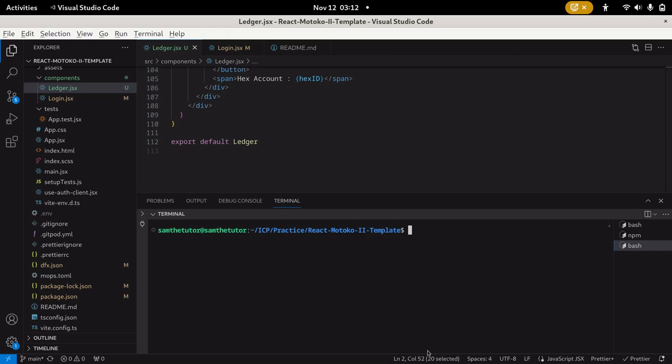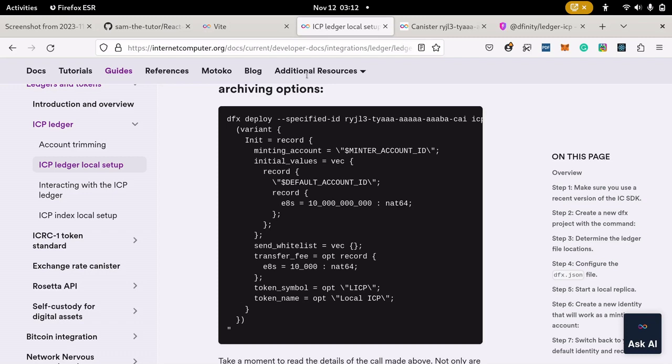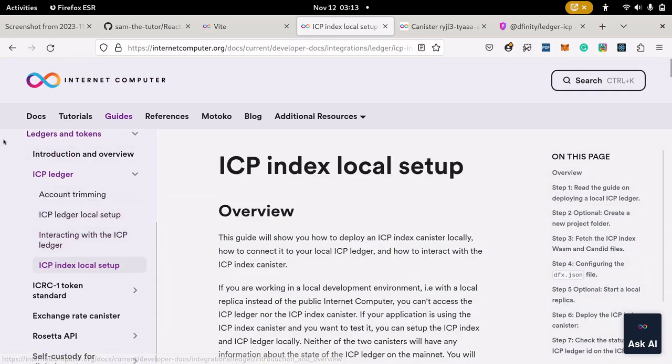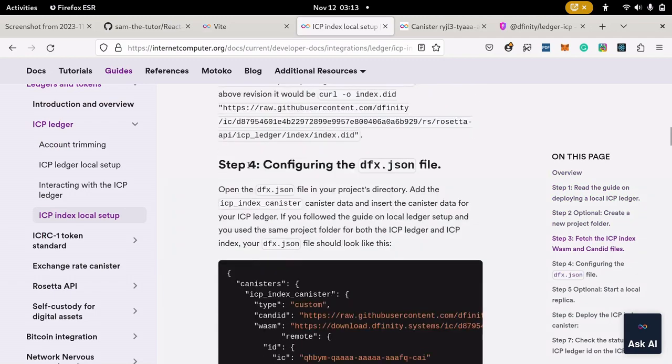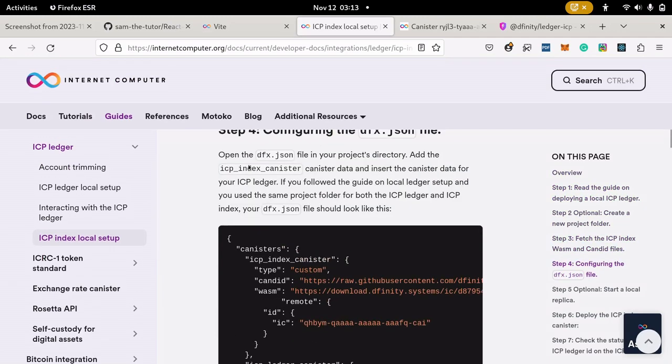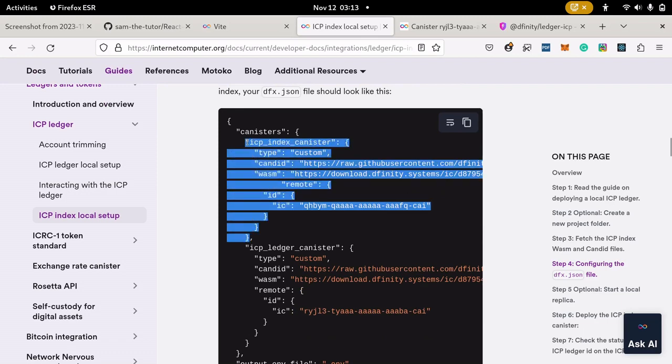So I will just go back to my browser and click on this internetcomputer.org. Then down here we'll see ICP Index local setup. So this is the guide that we're going to use. And we just scroll. I'm interested in this part where they show you how to configure it in the dfx.json. So I will copy this and